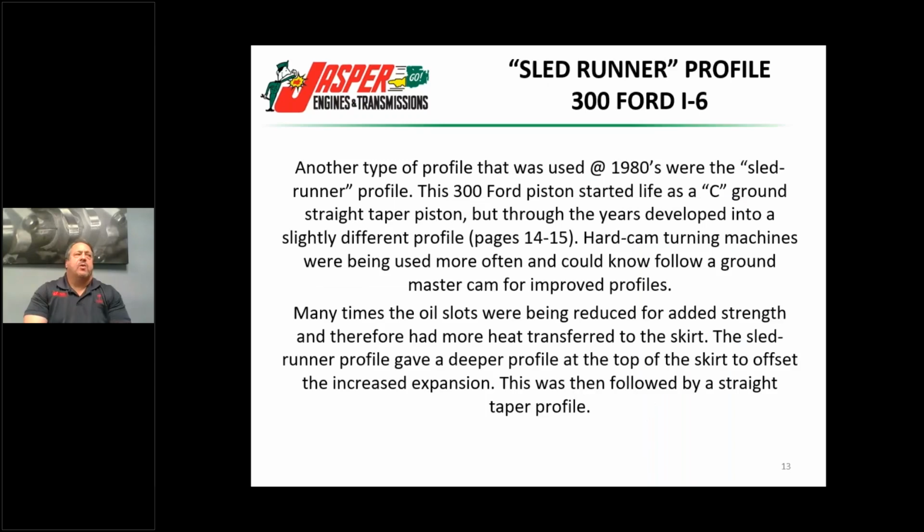Now, as horsepower started to increase much more, for example, I've got a Grand National Buick piston that was actually ground, has steel inserts, and they have so much heat, they have to do something with those. So a straight taper profile wouldn't work anymore. So they try to find ways, and this is where some of the